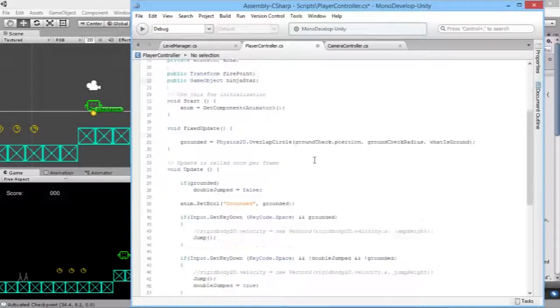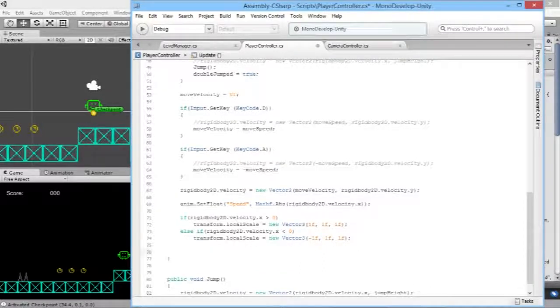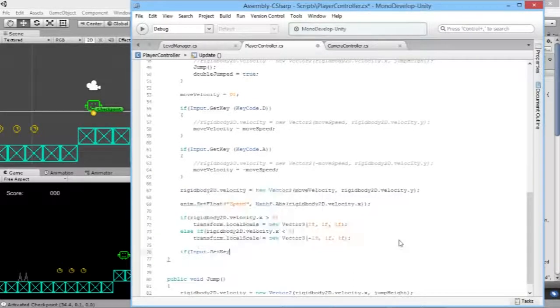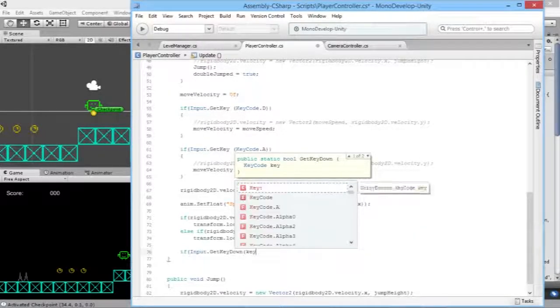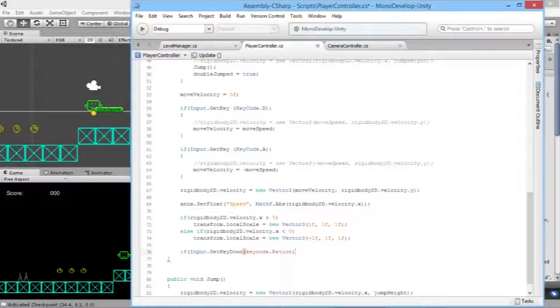Perfect. So now what we'll do is we'll go after all the movement code that we have, and we'll go down to here and we'll say if Input.GetKeyDown, we have to make sure it's GetKeyDown, and we'll say KeyCode.Return. So when you hit the return or the enter button, it'll fire